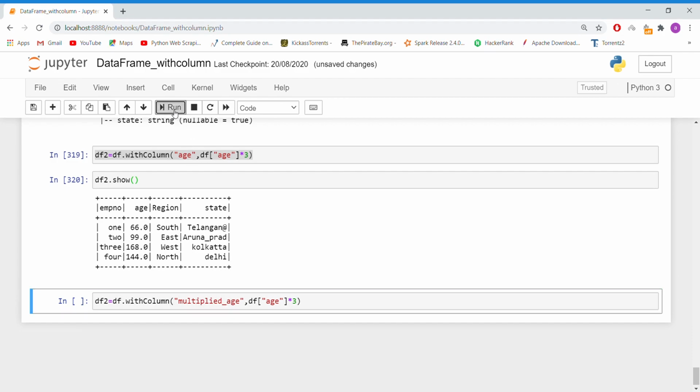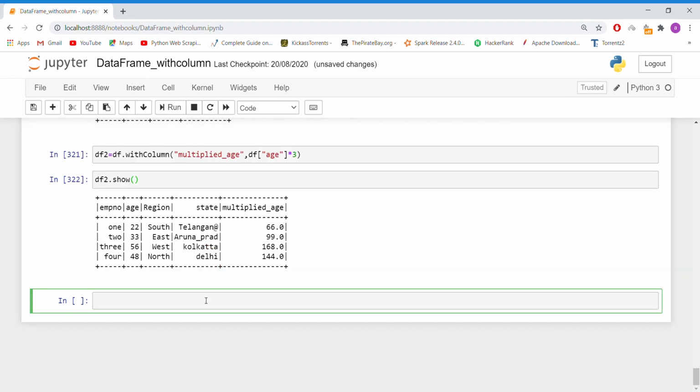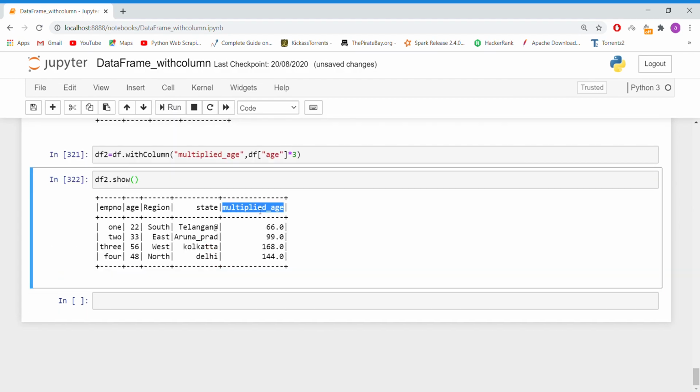Multiplied age. Let's execute this and show it. This is when you will come to know. Yeah, the new column has arrived. There won't be any changes to the existing column, but you will get a new column with the multiplied values. This is how you will be manipulating new columns or an existing column using with column.